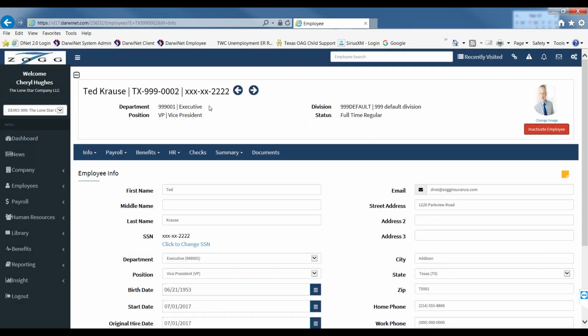Once you do that, it will turn his or her name and all of this top information right here to red. Then this button will turn to green and say reactivate employee. So that's how you will know that they're now termed in our system through the D2 system. Once you terminate them through the D2 system, it will send us a notification, and then we will get an email